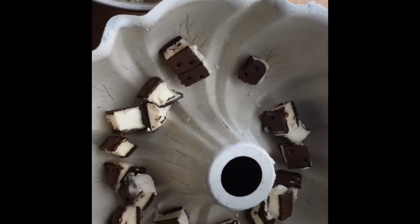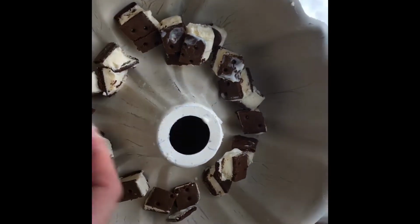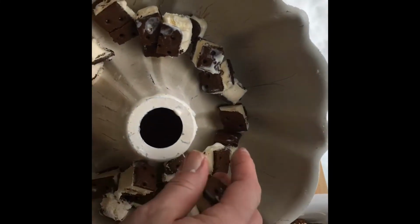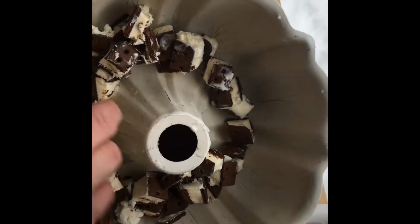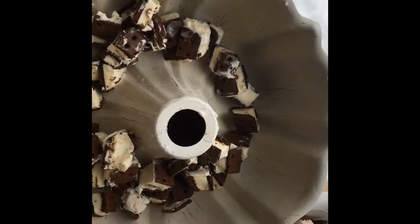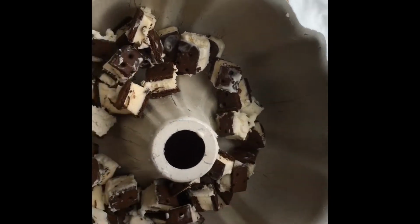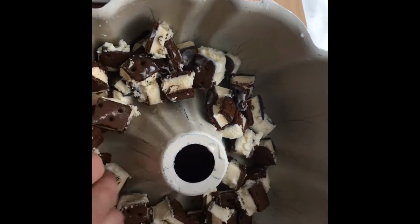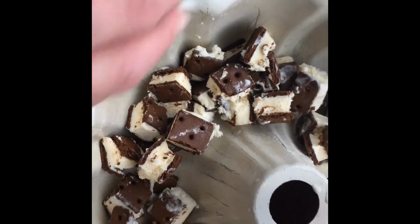It's pretty easy. This is a great dessert for Valentine's Day. It ends up being pink, or Easter, or just any time. It's super easy. You just basically throw this all together and throw it in your freezer. Once I get everything cut up, I try to make it go quick so that the ice cream sandwiches don't completely melt. So, okay, we got 1 bowl of ice cream sandwiches into the pan, and then